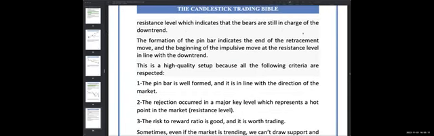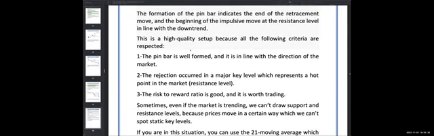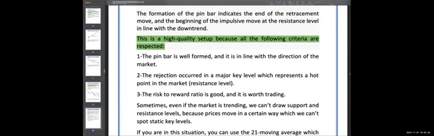The formation of the pin bar indicates the end of the retracement move and the beginning of the impulsive move at the resistance level in line with the downtrend. This is a high quality setup because all the following criteria are respected. The first thing is the pin bar is well formed and it is in line